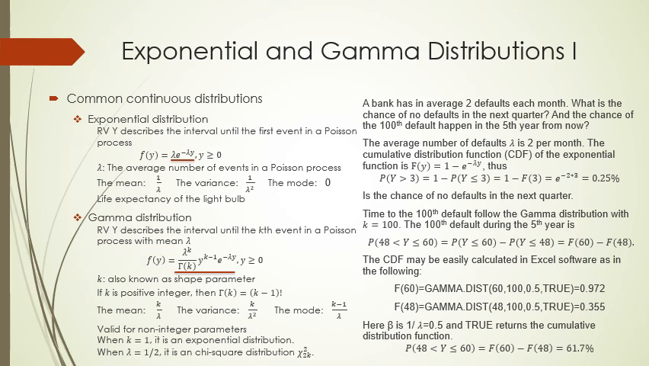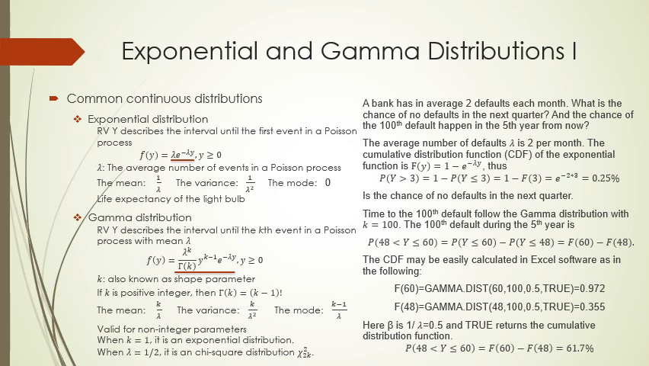The problem is not easy without help from a computer. Here we use Excel software. Excel has a built-in function, GAMMA.DIST, with two parameters, alpha and beta. Alpha is k, which is 100. Beta is 1 over lambda, which is 0.5. The function returns the cumulative probability if the last flag is true, and the density probability if the last flag is false. Thus, F(60) is